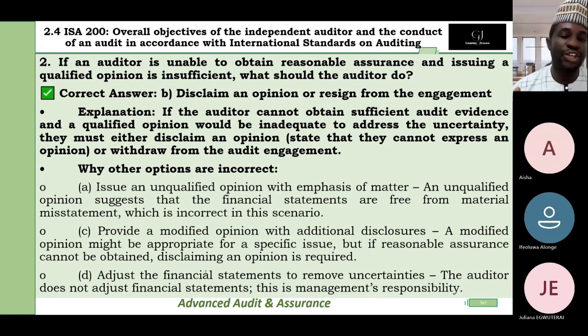So the adverse opinion is close to a qualified opinion, but it's not the same. It's adverse, but it's not as serious as unclean. So you may be clean, but there are issues with your cleanliness. That's what the adverse opinion means. I hope I'm able to provide some clarity. I don't know, do you get it?